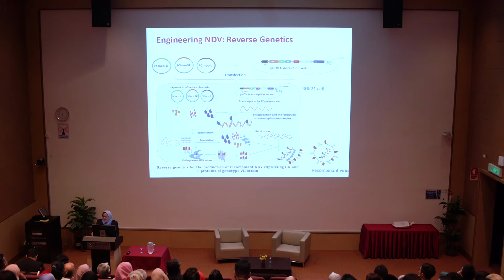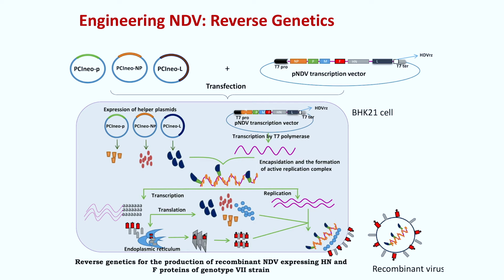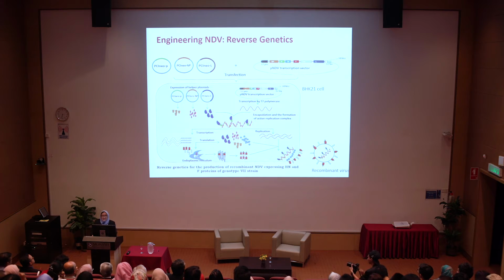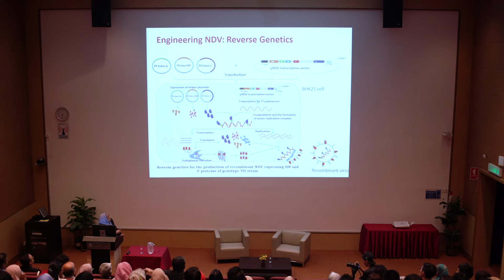In our lab, we have developed this reverse genetic system to produce a recombinant Newcastle disease virus strain AF2240. We call this strain RAF. As complex as this may seem, it can be simply put that we have a plasmid vector that harbors the complete cDNA genome of the NDV strain, which allows molecular editing in the lab. This large plasmid, this one here,